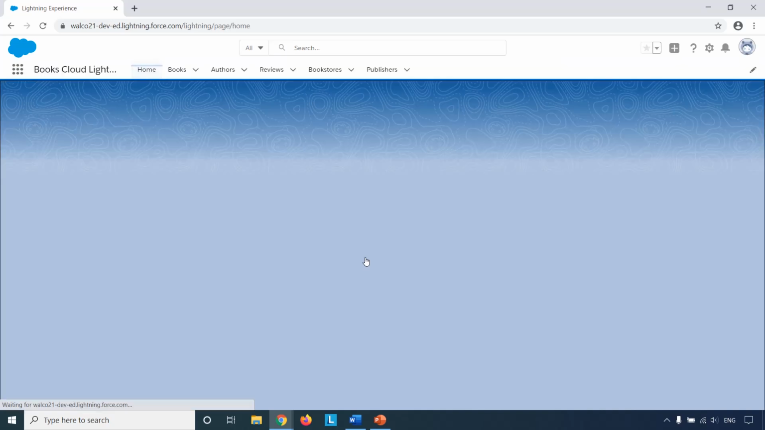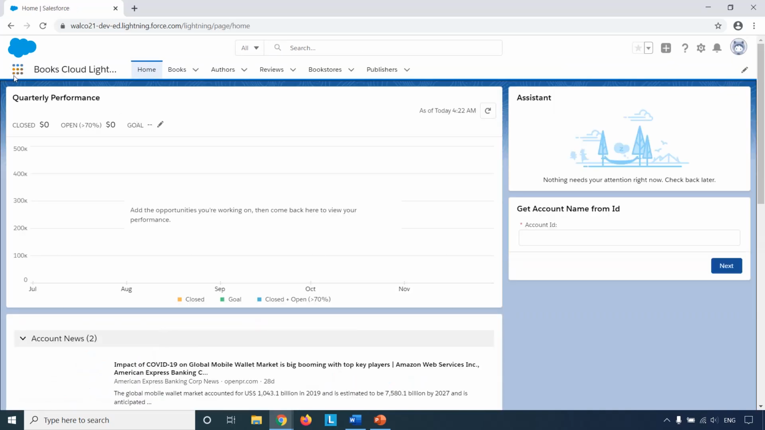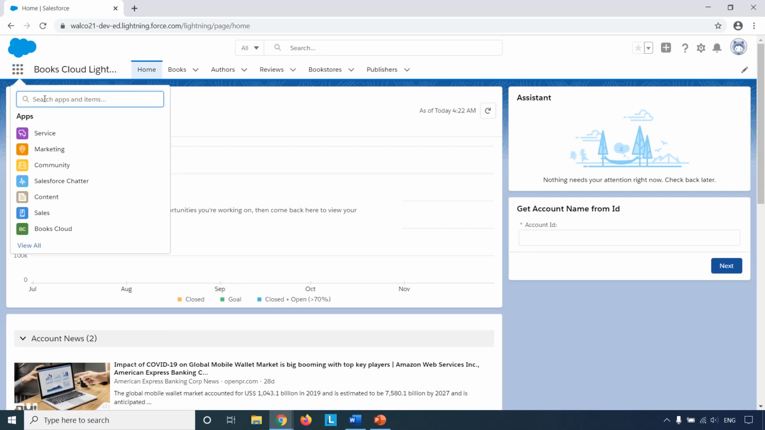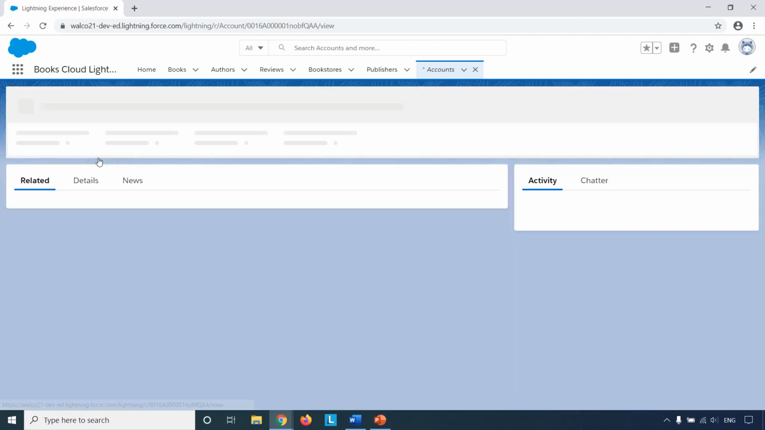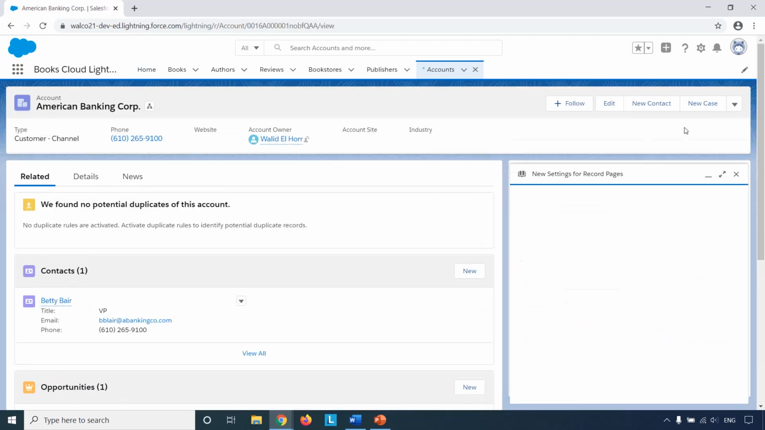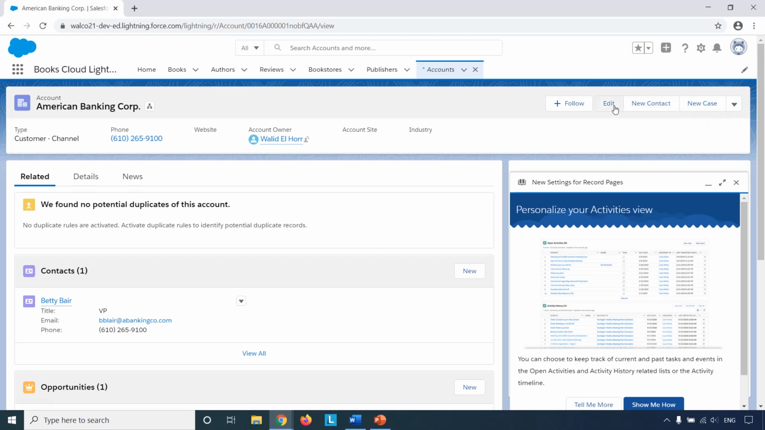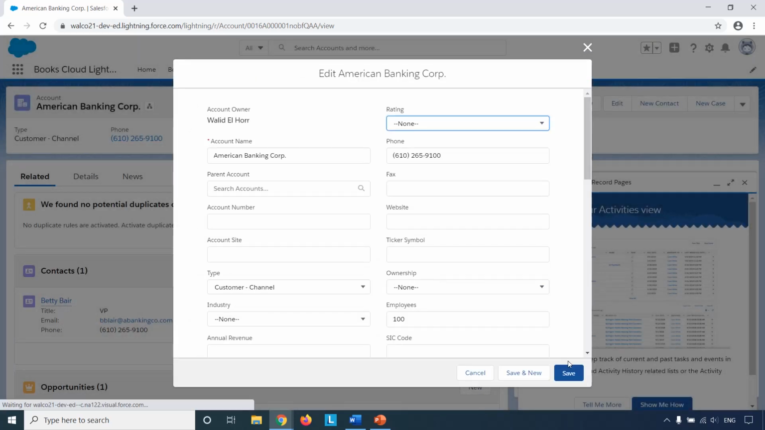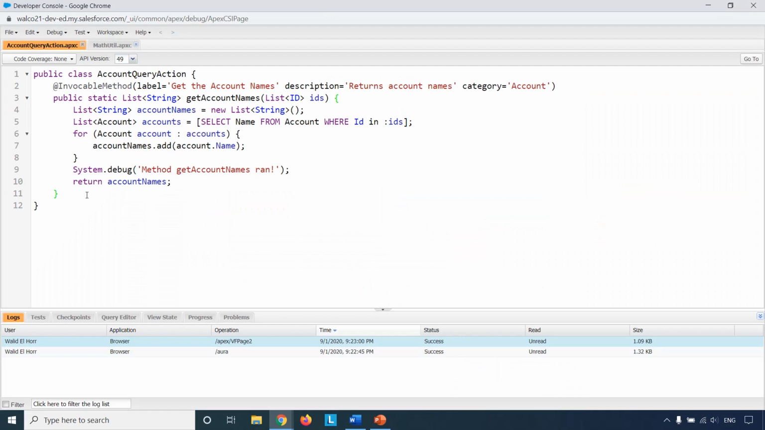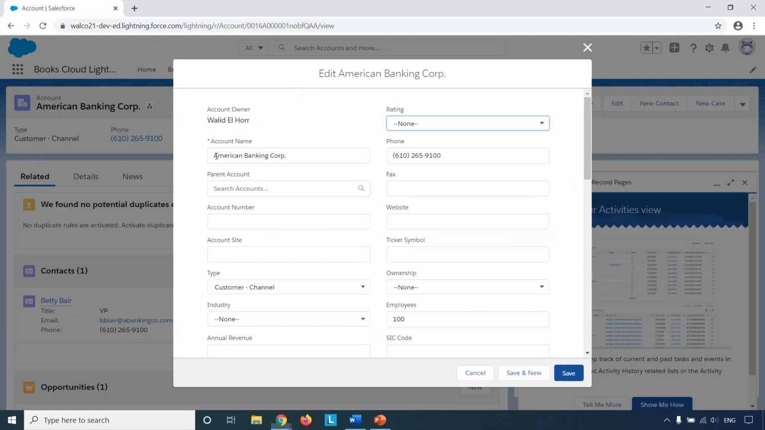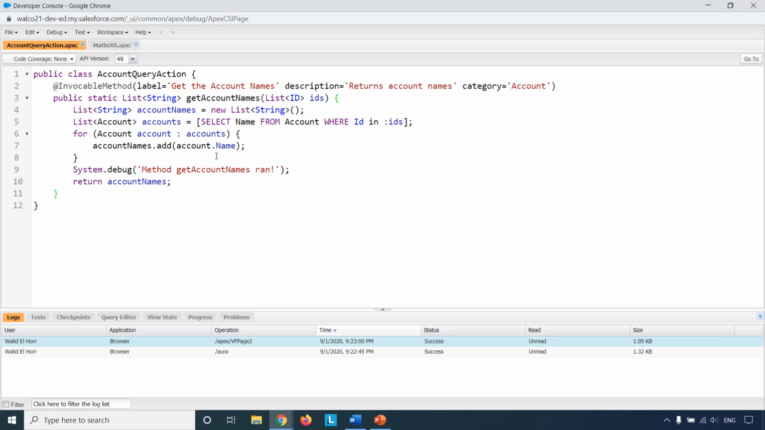Oh, I don't have the account tab here, so okay. Let's use the account tab directly. And let's open this account. We will edit this account without changing anything, which will launch the process which will call this method. So what we have to do, we have to save, and once we save,